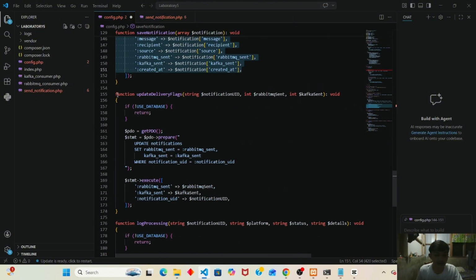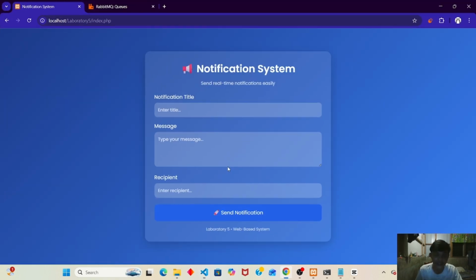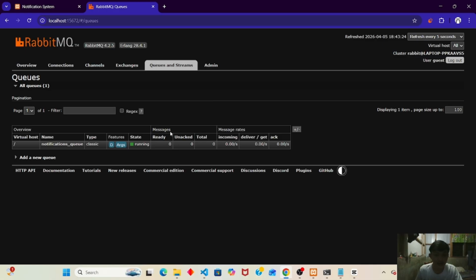Okay. Next, another function. We have here the update delivery flags. So it updates the status after sending. It says one success, one failed. And we can see it in the RabbitMQ here. What I showed earlier, there is a stack here.